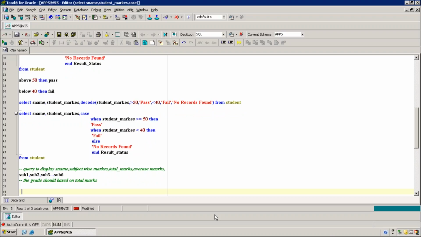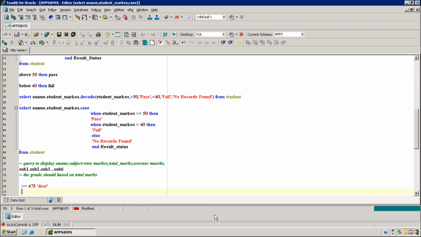Okay. If total marks are greater than or equal to 475, it should be distinction.